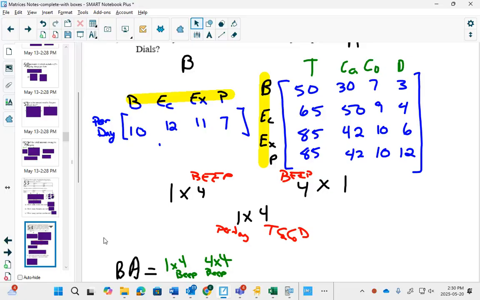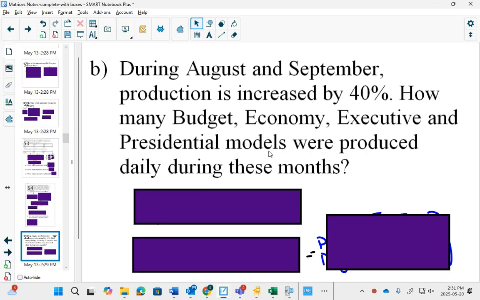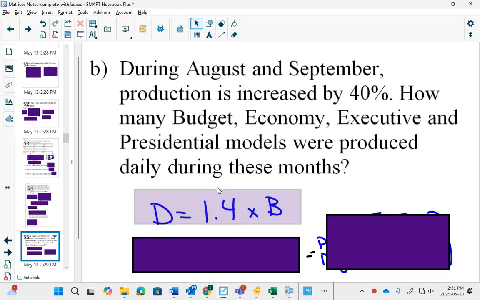So again, I don't think these questions are necessarily difficult. It's just maybe a little bit annoying to put all the data into a matrix, but it actually makes holding the material and working with it really quite nice and easy. And then you can do all sorts of things, like, what if we did this? What if we wanted to increase by 40%? Well, you would just take